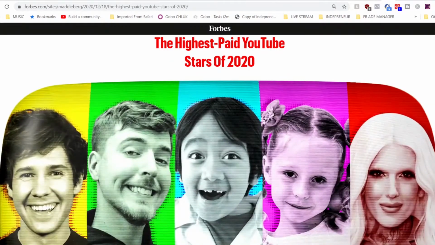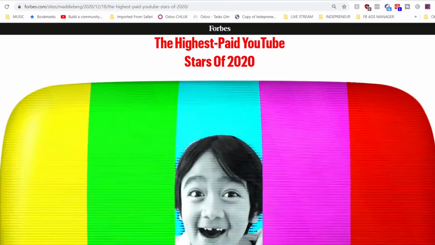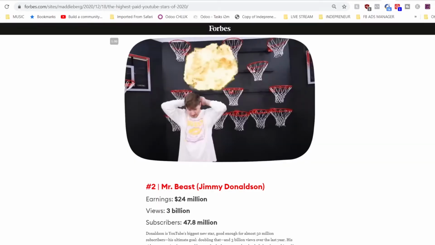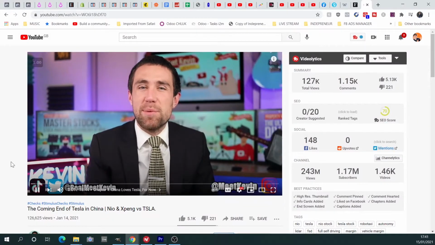However, you don't need to have a high-paying CPM niche to make money on YouTube. Actually, we can check out this Forbes article, and if you look at the highest earning YouTubers in this Forbes article, not very many of them are in high YouTube CPM niches. MrBeast, for example, he makes entertaining videos and they appeal to a slightly younger demographic, and so they likely have a lower CPM than someone like Meet Kevin, who is making finance, real estate, and political videos that appeal to a slightly older demographic. They've got more disposable income, so advertisers are more likely to want to target them.